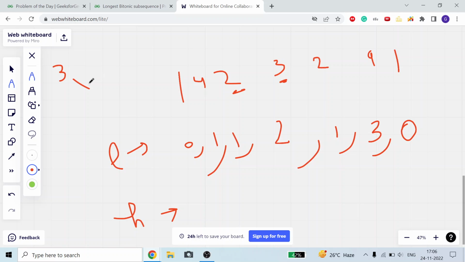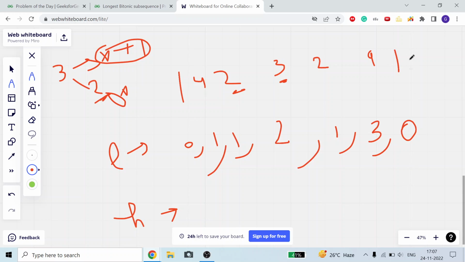Suppose x number of elements I want to include with 2. So with 3 I can include all these x numbers plus 1, because I also include 2 now. All the x numbers that are included in my 2 are going to be included in my 3, plus 1 because 2 is also included. So for 3 I will contain x plus 1 different numbers. With 3 as the center element I can have x plus 1 elements.